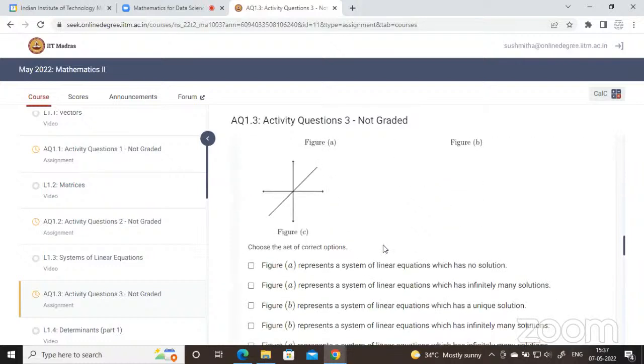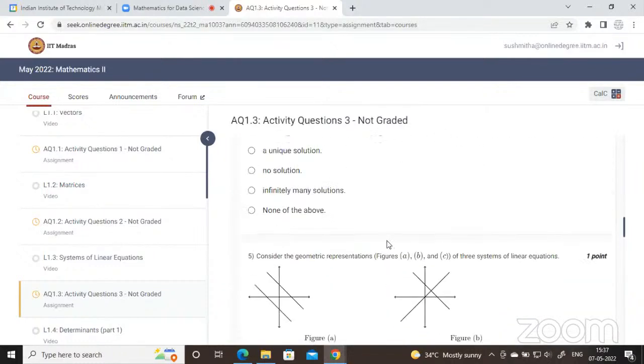Yes, ma'am. We can also say that if lines belong to the same family, then there must be a particular solution. But what is the definition of a family comes into the picture, right? What do you mean by saying they belong to the same family? Family of lines means all the lines intersecting at the same point. If that is the definition, then yes, they have a solution. That means concurrent lines.